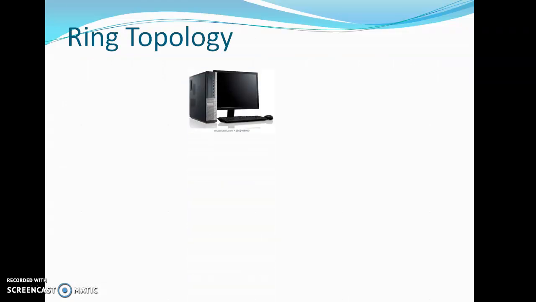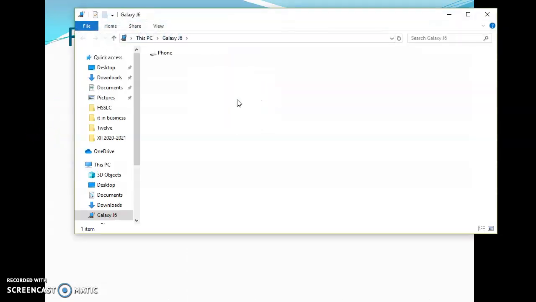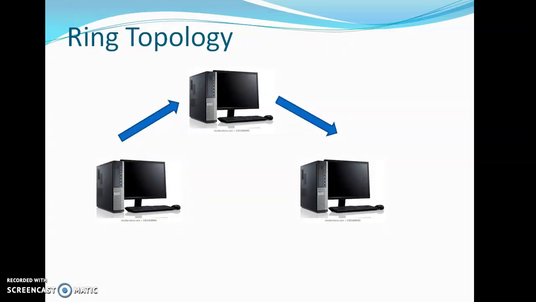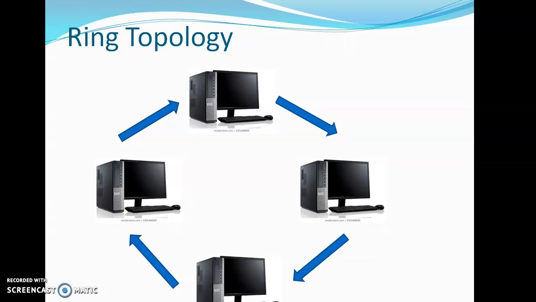The next topology here is the ring topology. In ring topology, say we have a device. Now to this device there will always be two other devices directly connected to it. Likewise, to these two devices there will be other devices connected. So to every device there will always be two other devices connected to it. This is what you have in a ring topology. All these devices are connected in a circular fashion.